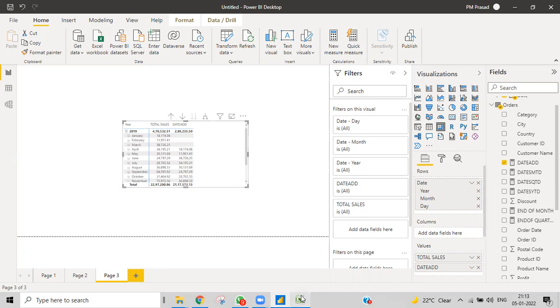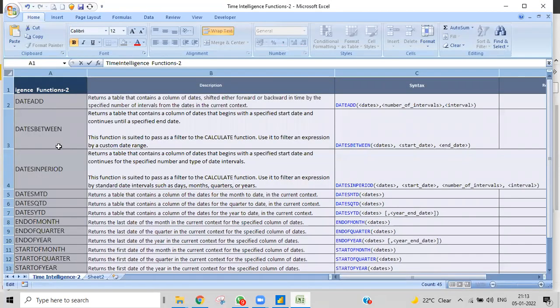So we do have another function, DATESBETWEEN. DATESBETWEEN also returns a table that contains a column of dates. What is the difference between these two? Here we give the interval, it goes to that particular month or year or date, and for that particular month only it is going to take. But DATESBETWEEN takes a start date and end date.